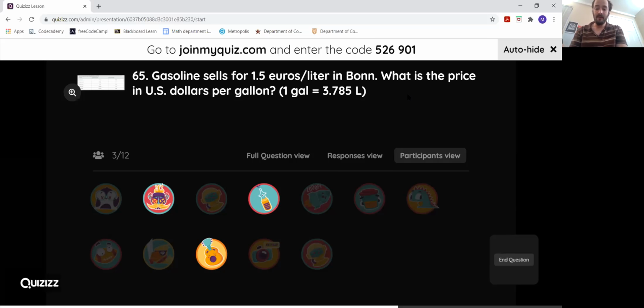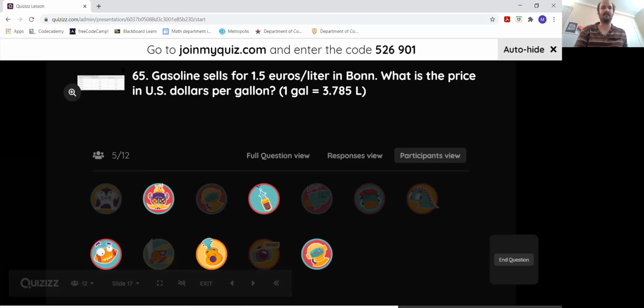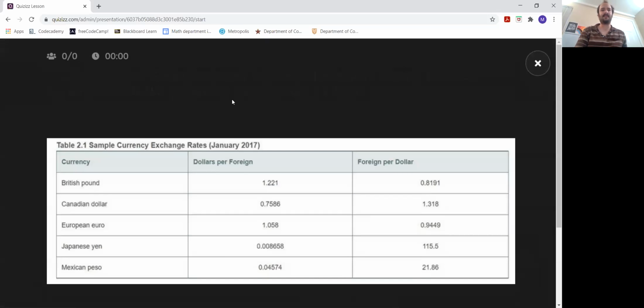Euros to 1 liter. And what is this thing again? Let me look back. 0.058 dollars for every